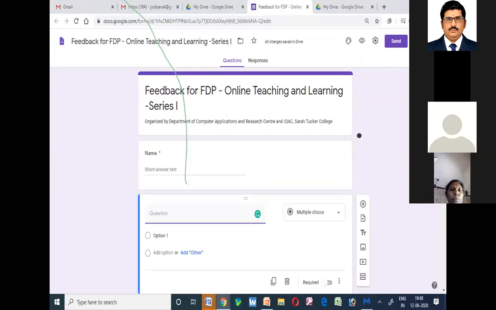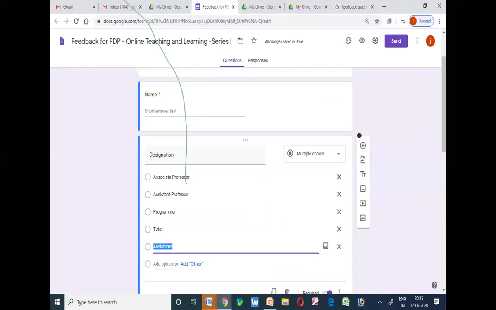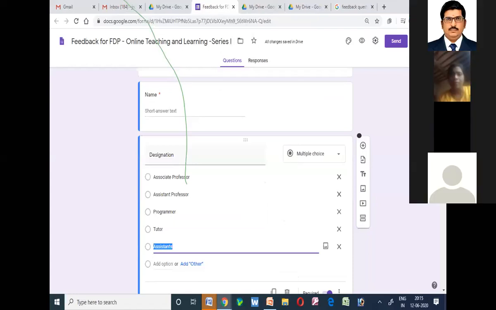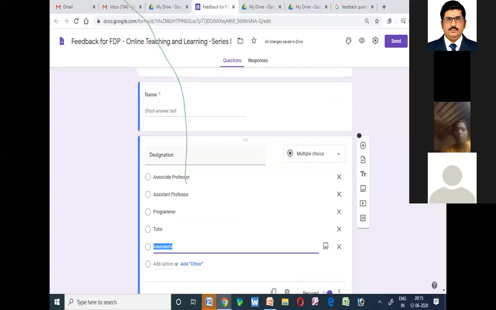Here you could see option 1. First of all, you just write in the question you want. And then in option 1, you have to give the first answer. And then you have to click on add option. So you could see here there is an add option. Just click over there. You'll be prompted with the cursor. And in the cursor, you have to write the second option. Similarly, you can add different options. And once it is finished, then you can leave it. Suppose you have added another question, there is an icon here like an X icon.